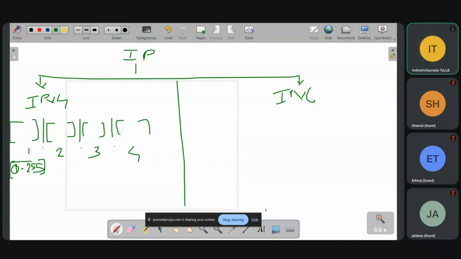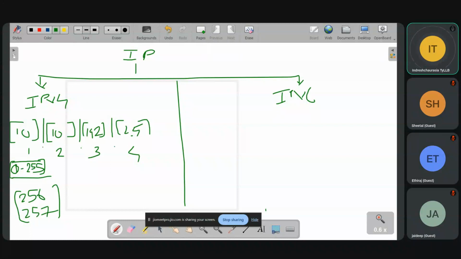Here you won't see 256, 257, like that. The number varies. You will see 10, 10, 192, 254.